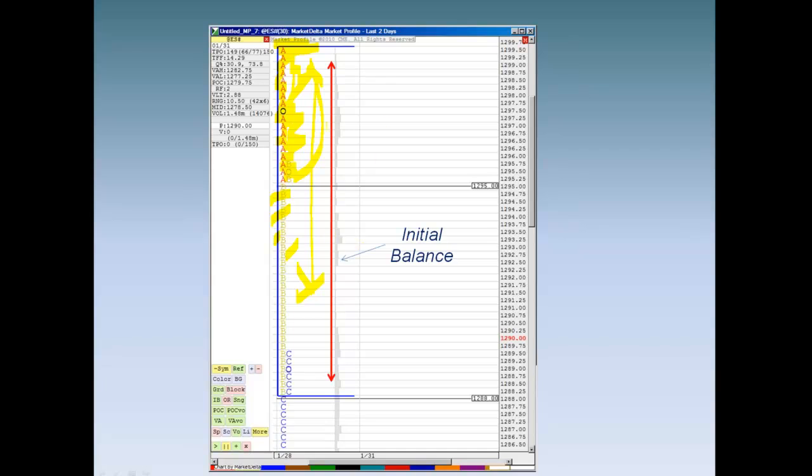I will tell you that you're not going to get many days like this one where it's like taking candy from a baby. It becomes very self-evident like this. But nevertheless, more often than not, I would say around 70% of the time, it is going to be rather self-evident where the high or the low is going to be for any particular trading day. And once you have that identified, it gives you a level of comfort in terms of the direction in which to take trades and in knowing sort of what is the outside extent of risk on that particular